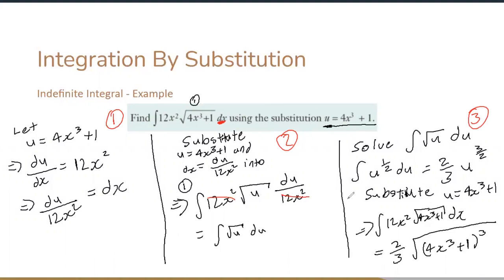And we have a bit of a fourth step in that we have to then substitute back in from the very beginning what we initially had, so we've got it in terms of the original variable, because that's the variable we care about here. So it's just those 4 basic steps. We solve for a dx, we substitute everything in, then we solve the new integral, and then we substitute back in to get it in terms of the old variable. So this was an indefinite integral example, so let's just go over a definite integral example